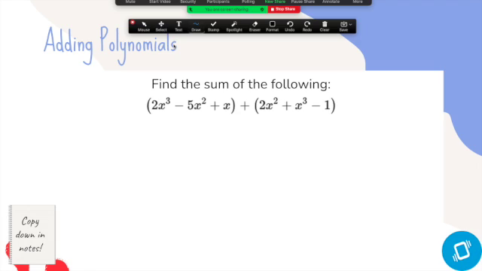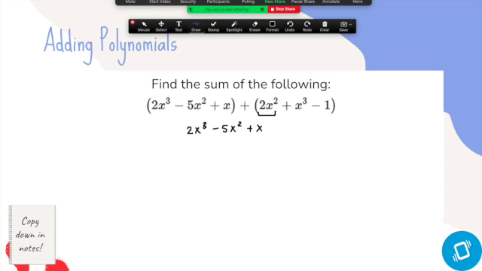So it's asking us here to find the sum of the following. We have here 2x to the power of 3 minus 5x to the power of 2 plus x. And that's adding with 2x to the power of 2 plus x to the power of 3 minus 1. So if I'm going to write this out, I want to start off by writing out the first polynomial I see. So I'm going to do that first. And then with the second polynomial, I'm only going to arrange it where the like terms are underneath each other. So that means that for 2x to the power 2,